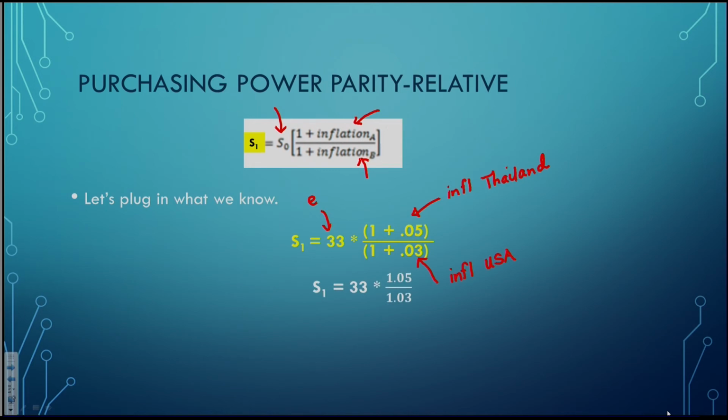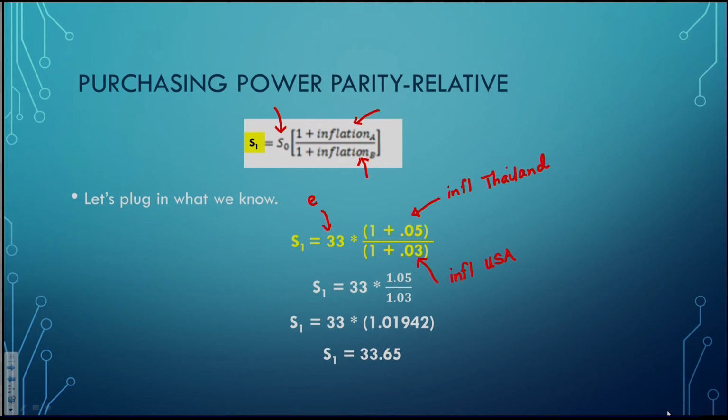So S1, our exchange rate one year from now, is 33 multiplied by 1.05 divided by 1.03. Very simple step. Now I can clean up my math a little bit. S1 equals 33 multiplied by 1.05 times 0.01942. You can round a little bit. So when I do this calculation, I get S1 equals